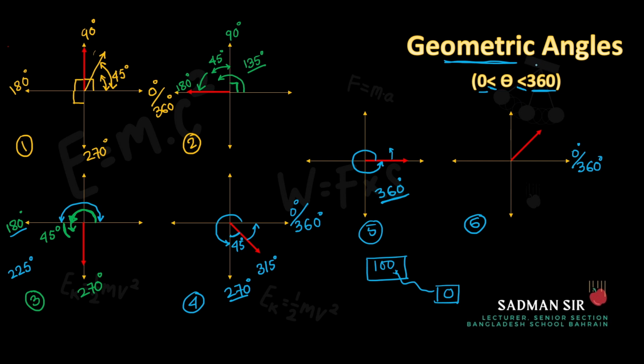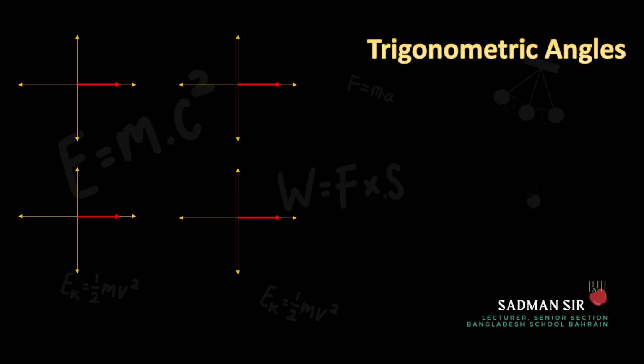Okay, so I hope the idea of geometric angle is clear. Now, how the trigonometric angle is different, we will try to see that now. Okay, so trigonometric angle, in case of this one, you can see that